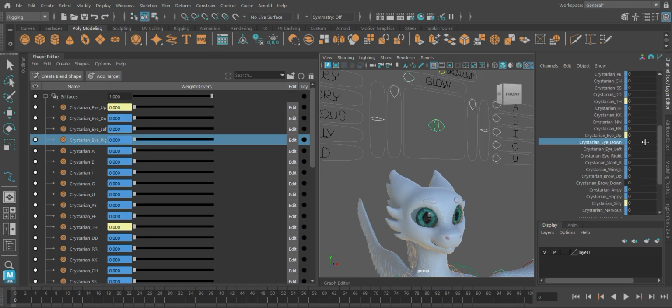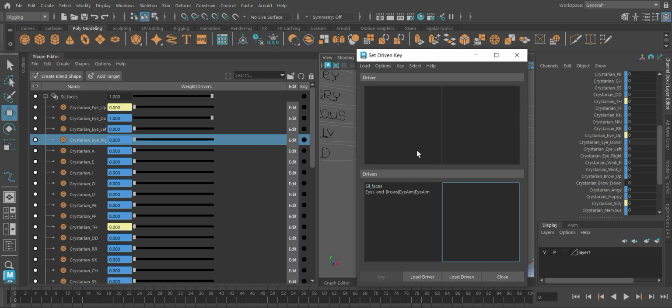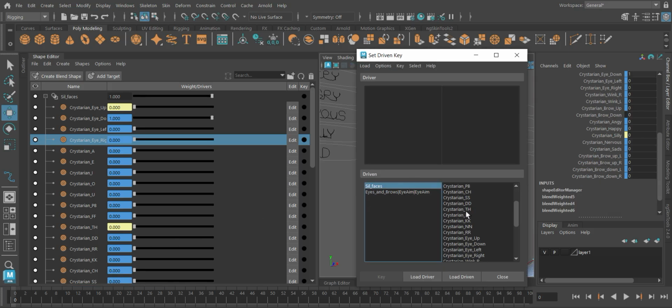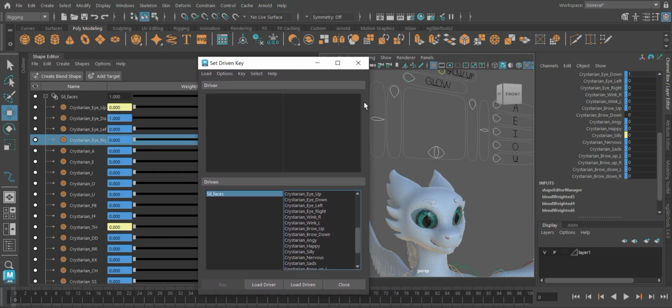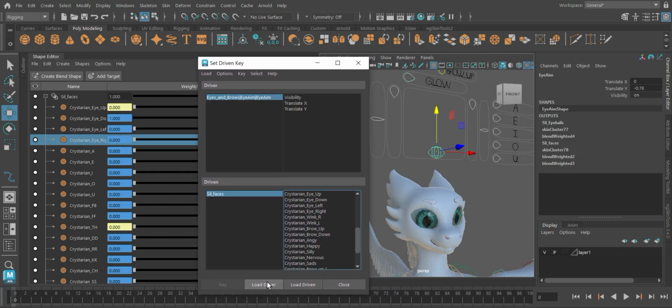So, Crystarian eye down is at 0. Alright, wow, I can't believe that just happened. Down. 1. Yep, that's matched up. Let's go to search, grab our set driven key window, Sil Faces, Sil eye down as the driven, click load, load the driver, translate Y,